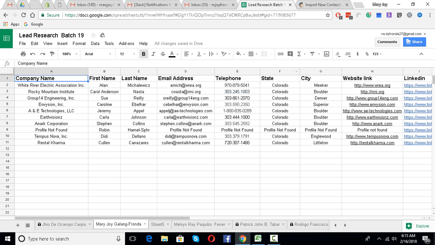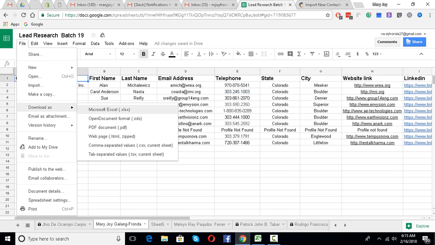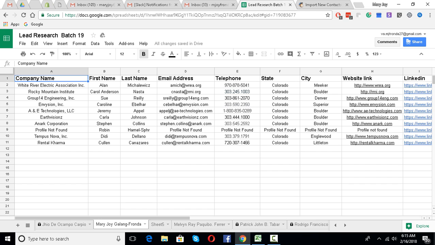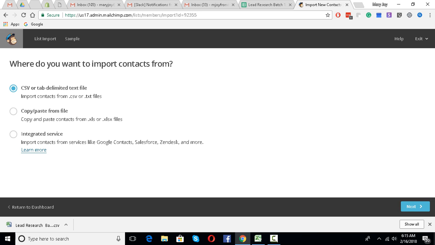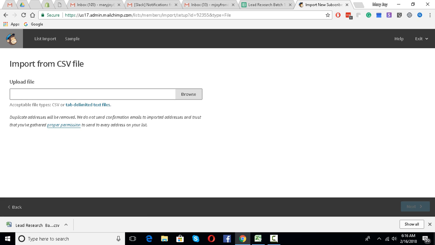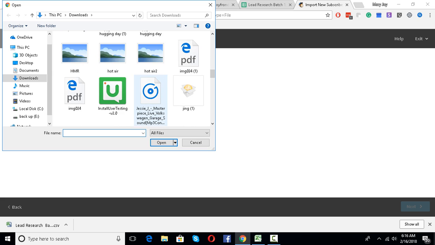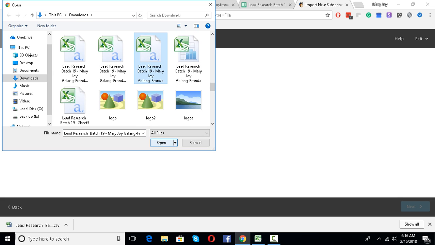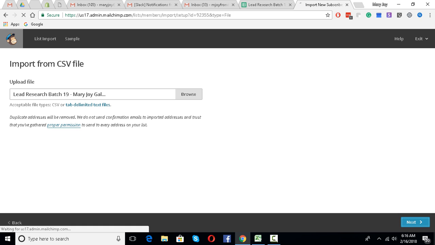So go back to your lead generations activity before, then go to files, download as a CSV form, comma separated values, download, then go back to your MailChimp, go to next, lead research, then close, and then next.